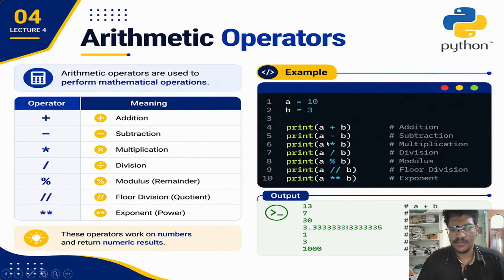Then it is given print a minus b, so it is a subtraction. Print a star b, so the star is there, so it is multiplication. Print a slash b, so the slash operator is for division. And print a modulus b, this percentage operator is for modulus. And print a double slash b, so the double slash is used for floor division. And the next is print a double star b, here the double star is